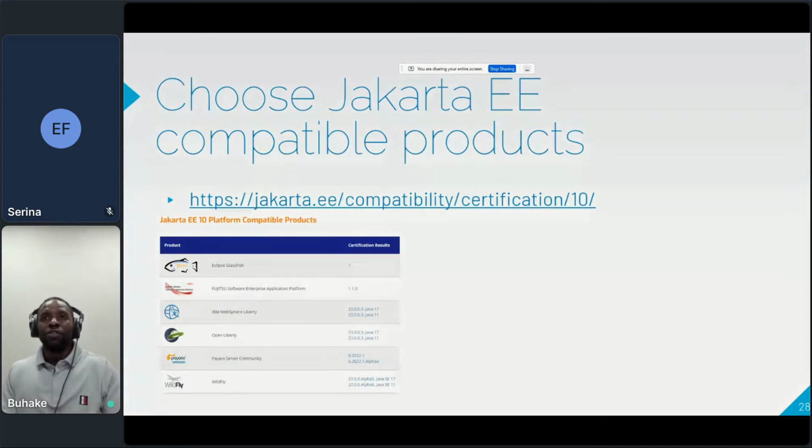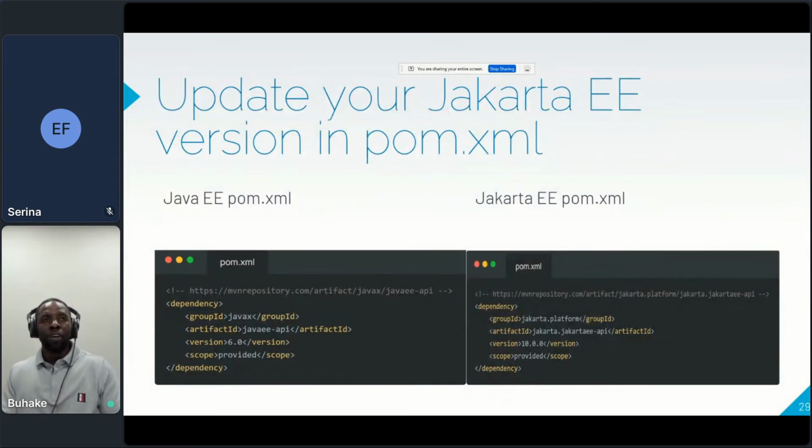The other one is your pom.xml. Initially, you would specify your javax Java EE API, your GAV. For example, the last one in my code was Java EE 6, and I migrated to the Jakarta EE API version 10.